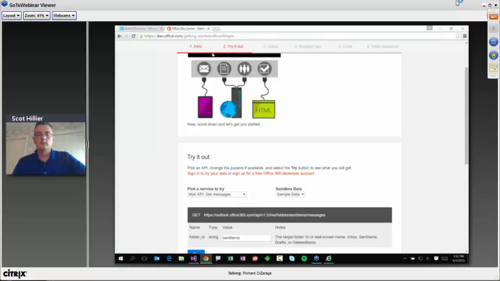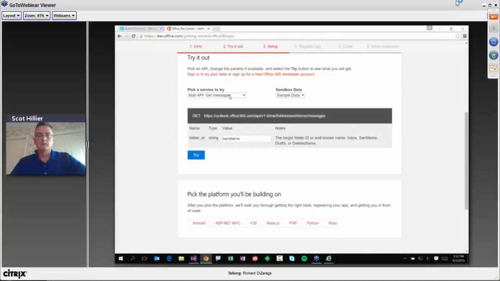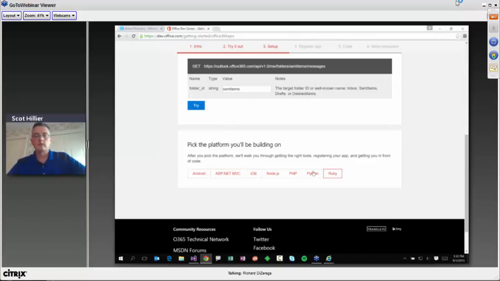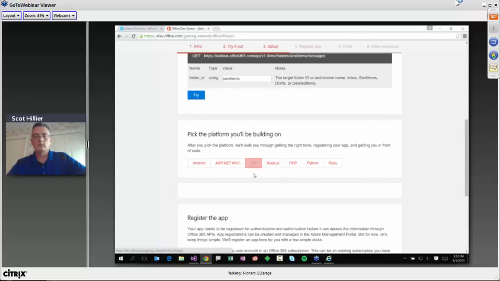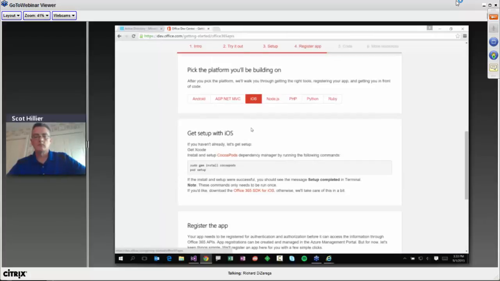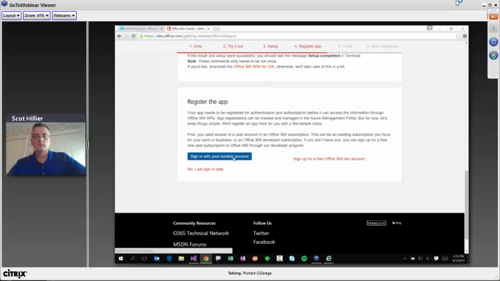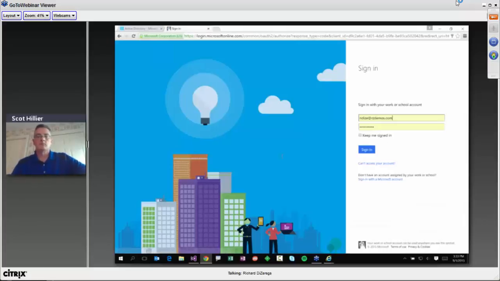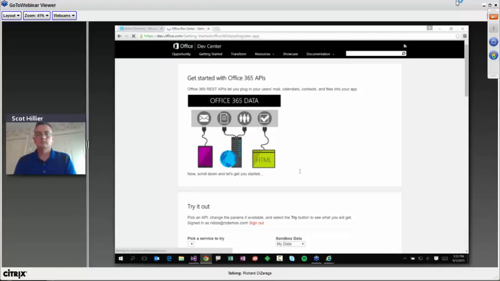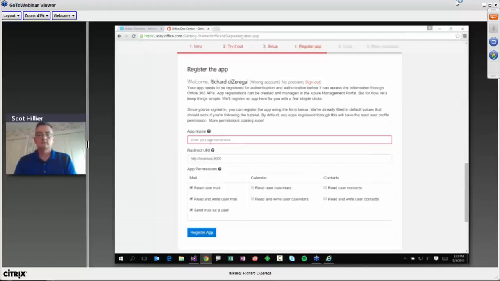You can simply go to this Getting Started page, and down at the bottom, you can select whatever you're wanting to build for. So let's say we wanted to build an iPhone application. And so I can click on iOS, and as soon as you sign in with that org account, and you're going to get an org account when you sign up for that free tenant, as soon as you sign in, it's going to allow you directly on this page now to register an application.